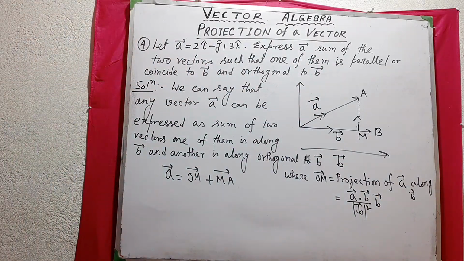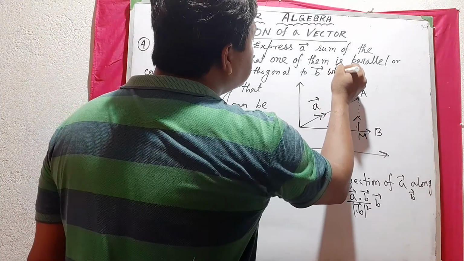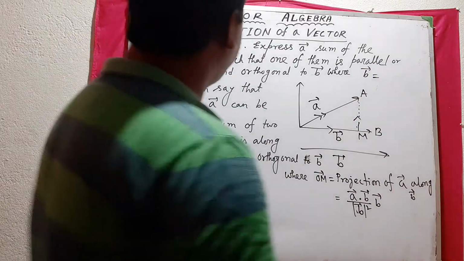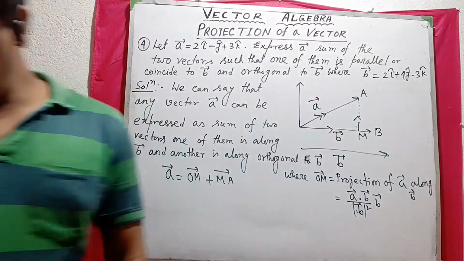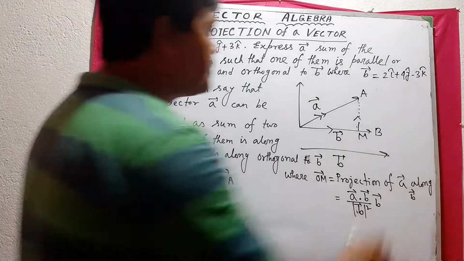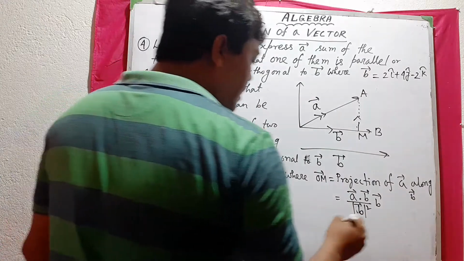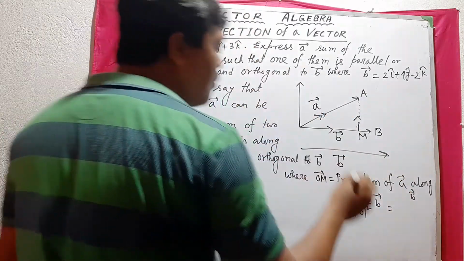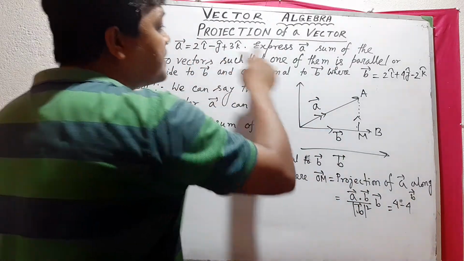What is A dot B? To express A as the sum of the vectors coincide with B and orthogonal to B, where B is given to you, B equals 2i cap plus 4j cap minus 2k cap. তাহলে বেসিক্যালি a ডট b ক্যালকুলেট করতে পারবো, a ডট b ইনটু মড b ভেক্টর, তাহলে a ডট b হচ্ছে 2 ইনটু 2 দ্যাট ইজ 4 প্লাস 4 মাইনাস 4 মাইনাস 6